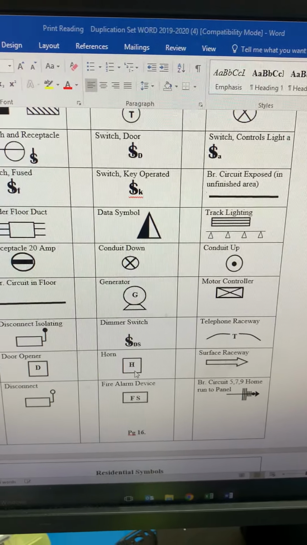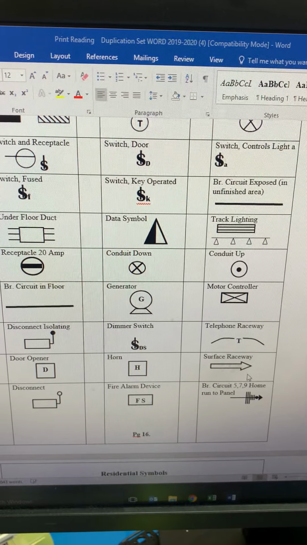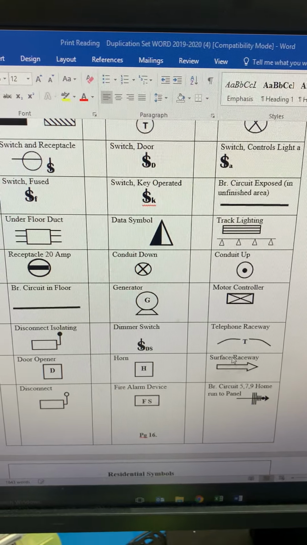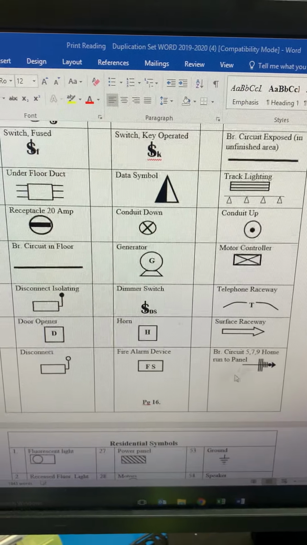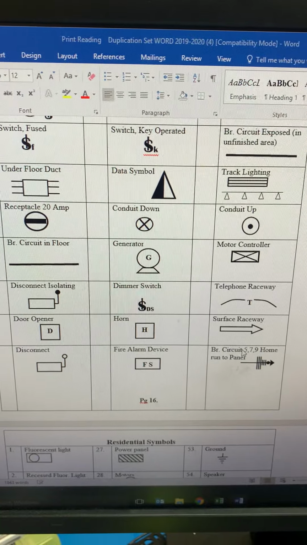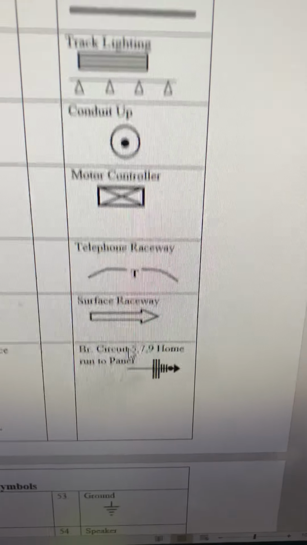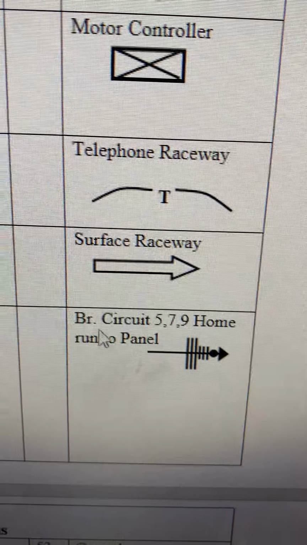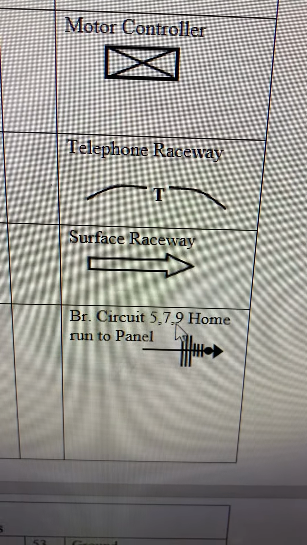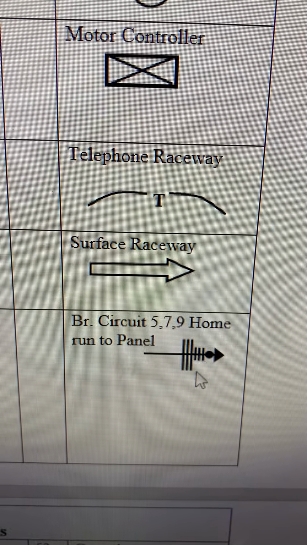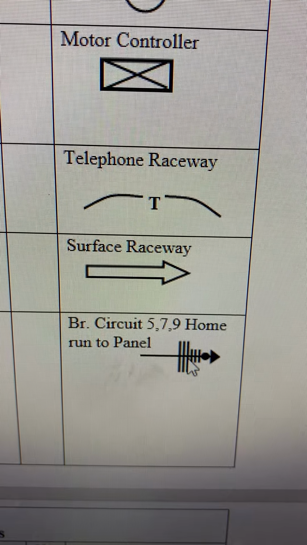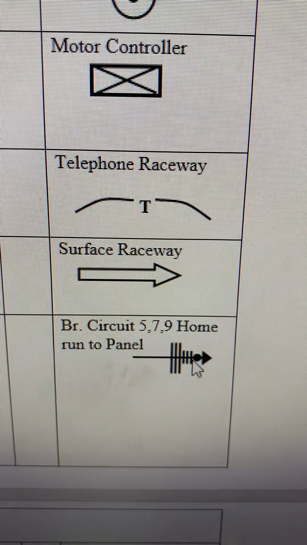Dimmer switch. So another surface raceway. There's the one I was talking about earlier. This looks more like the home runs that I'm used to. Branch circuit 5, 7, and 9 home run to panel. So 5, 7, and 9 are the 3 big wires. Neutrals